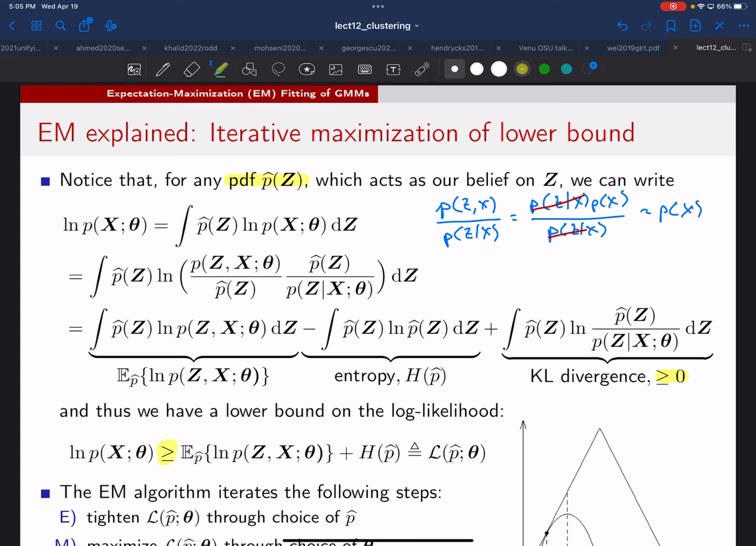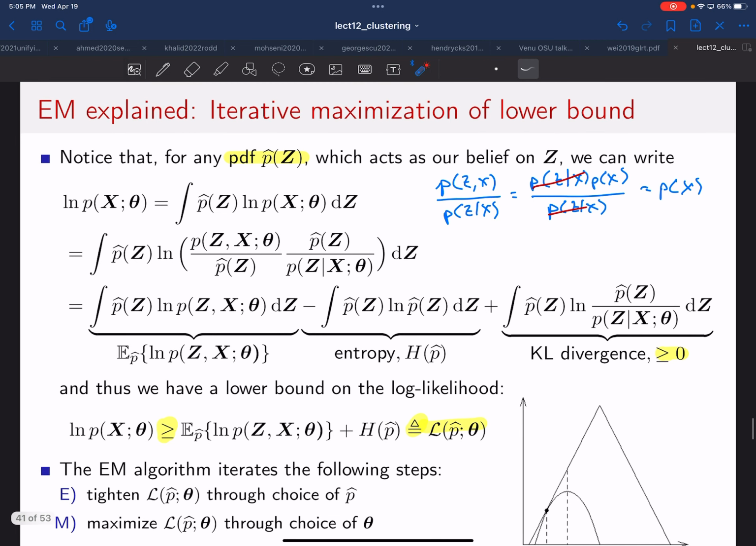Okay. And we're going to give this lower bound a name because it's important. We'll describe it as script L. And it's going to depend on p hat, which is the density or my belief on my hidden variable z. And it's going to depend on our parameters theta. Of course, it also depends on our data set, but we're just going to omit that from the notation because everything depends on the data set. Okay, so we have the log likelihood is lower bounded by this